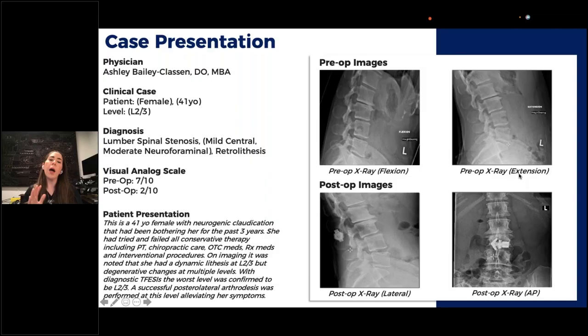When I'm looking at my x-rays, on top of that angular instability that we've talked about tonight, another thing I keep an eye on is what do those neuroforamen look like? Do they change from flexion to extension? Because that's going to be something that causes those patients symptoms as they move down that cascade. So that's another highlight point I want to bring up tonight. With that, that's my case.